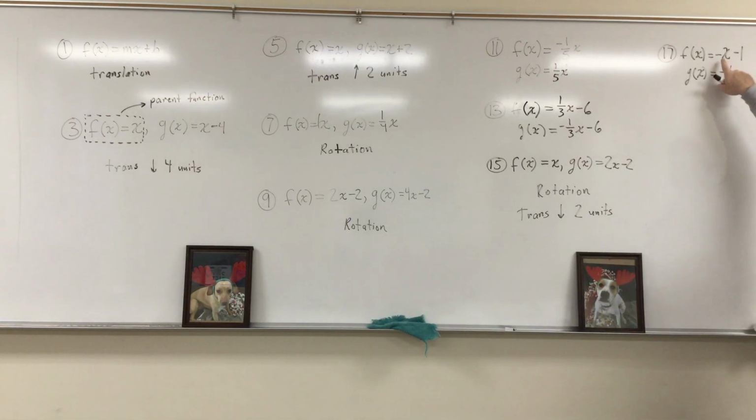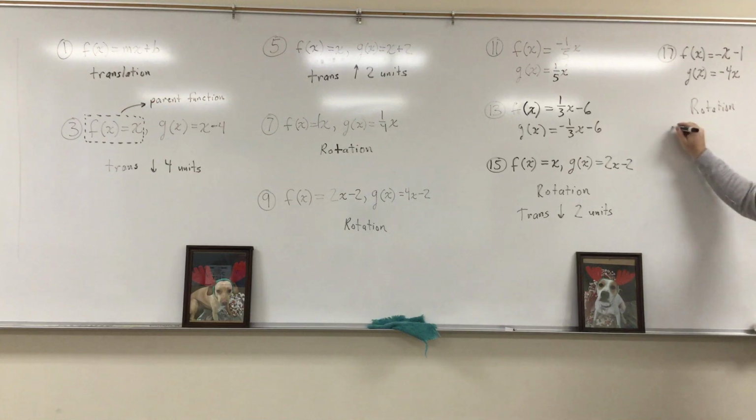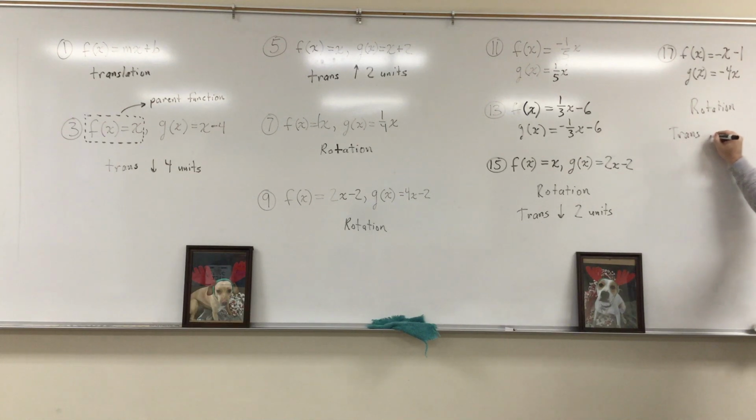Here we have a slope from -1 to -4. So again, that's a rotation. And then it goes from -1 to +0. So that is actually a translation up